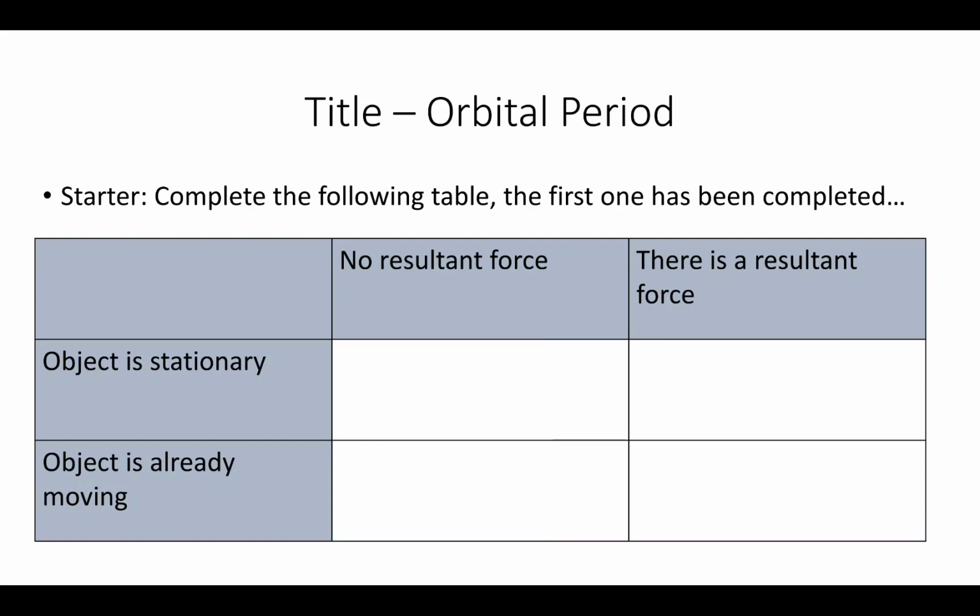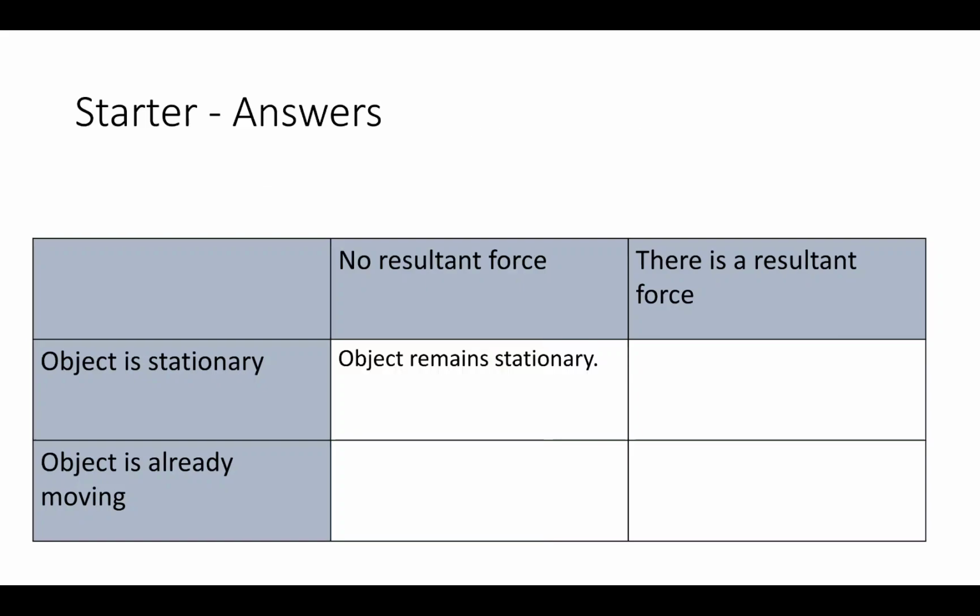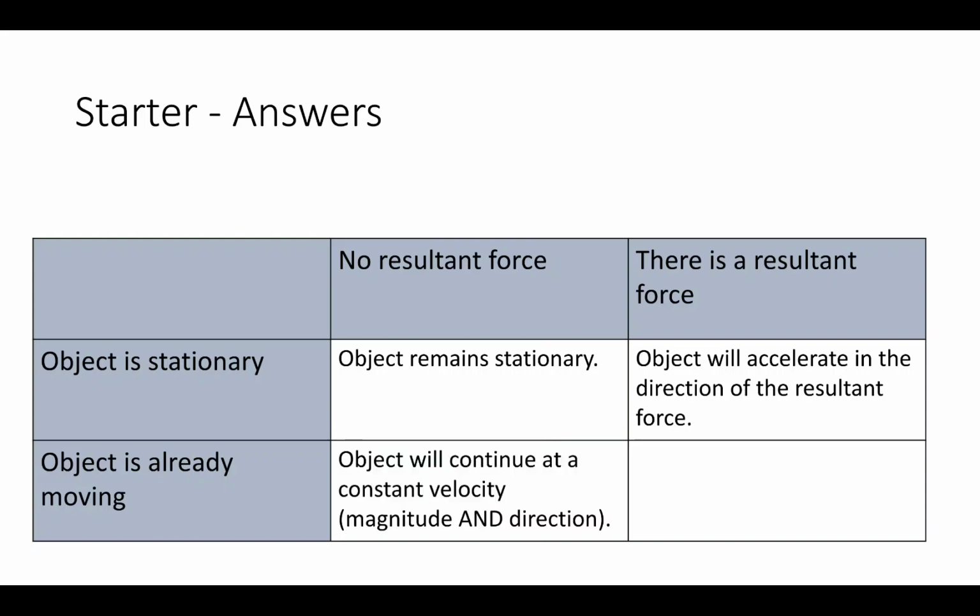So, the object is stationary with no resultant force. What will happen? The object will simply remain stationary. Next one then, what if there is a resultant force? The object will accelerate in the direction of the resultant force. What about if the object is already moving? If there's no resultant force, the object will continue at a constant velocity in terms of its magnitude and its